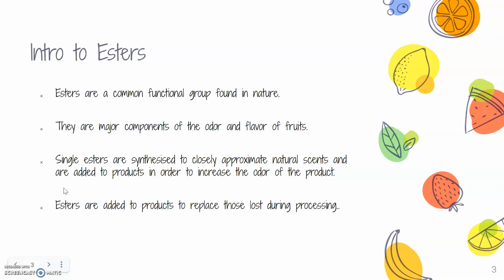The thing which gives scented markers their scents are esters. Esters are a functional group which is very common in nature. They are a major component of the odors and flavor of fruits. Single esters, which closely approximate the natural scents, are added to products such as markers in order to increase their